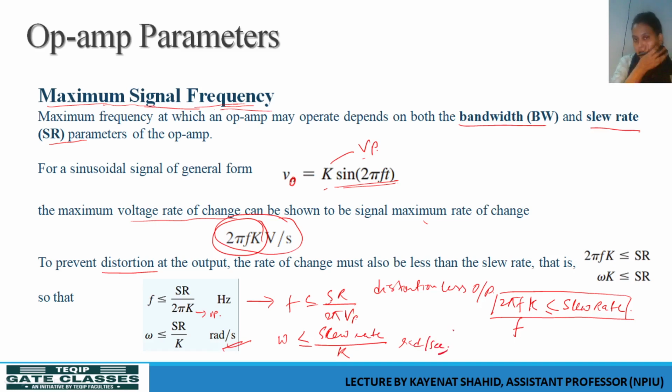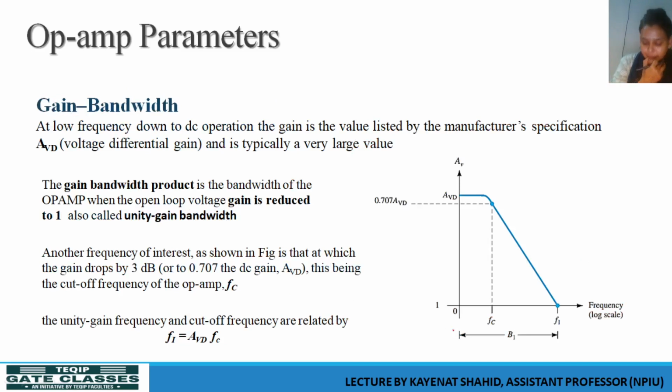So again, this is an important parameter because it depends on the bandwidth, it depends on the slew rate, and again we have to note what the bandwidth is we are talking about. So the gain bandwidth product is a very important parameter again. We are saying that after a certain frequency the gain started to reduce. You can see the gain is started to fall at increasing frequency.